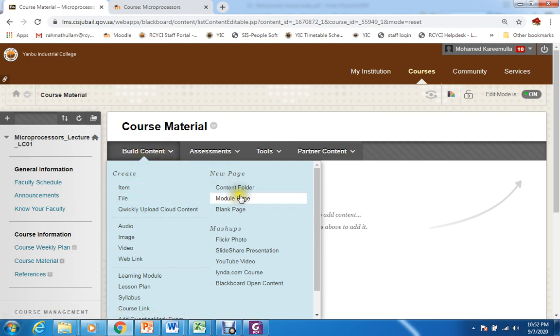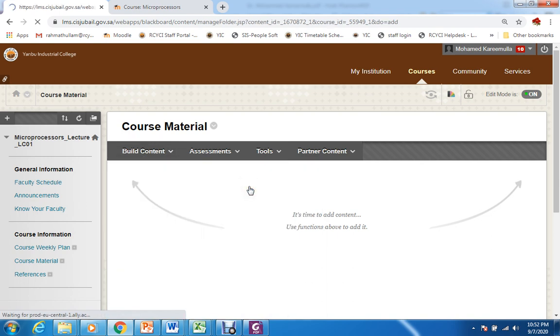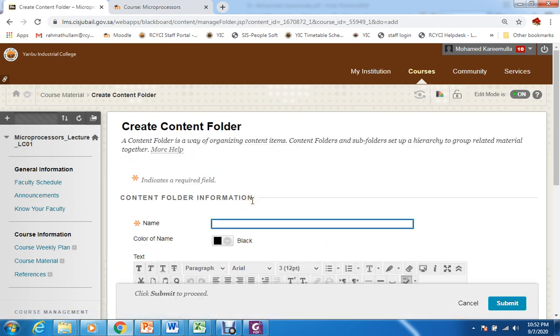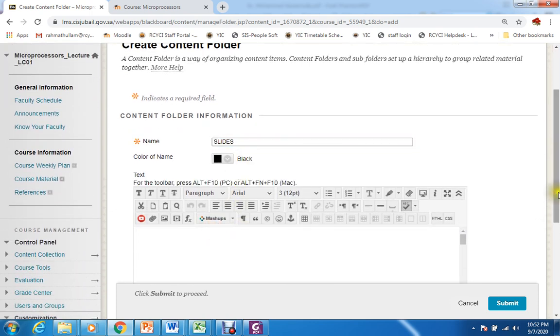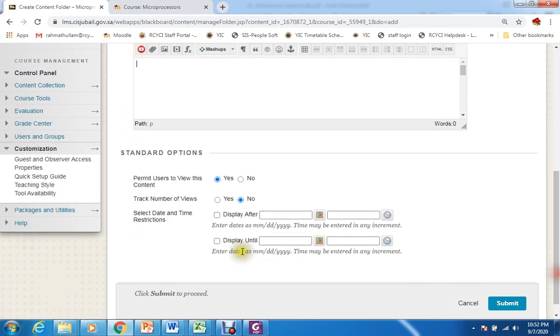Inside this you can make a folder, for example, a content folder. You can give some name here, for example, this folder is for slides. So you can put all the slides here. You can give some description here if you want. Then this is just a folder, you are creating it and making it available to the user.